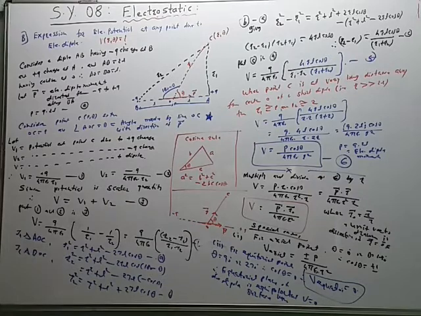In our board books, a slightly different method is given, but in the end that method also uses the cosine rule, remember. So instead of that, we have used this method here. This method is a little easier to remember. And any method can be given for the derivation in the theory part as well as in the numerical problem part, like this. So we have considered the two cases of the potential. One is the potential due to a point charge, and the other is the potential due to the electric dipole. Now, in case of a dipole, there are only two charges but with a certain condition. The charges must be equal in magnitude. One must be positive, the other must be negative, like this.